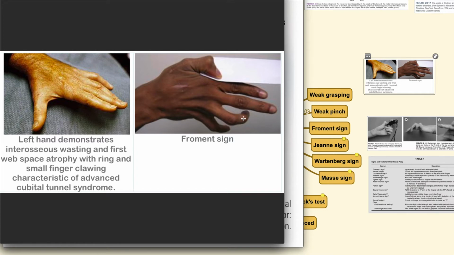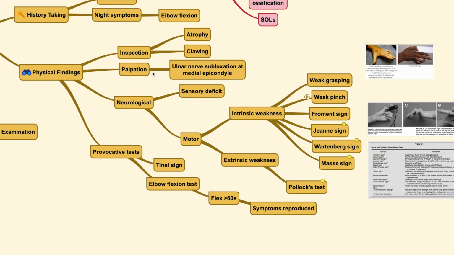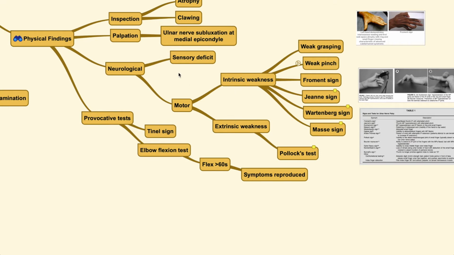You could see here that the finger forms a claw-like lesion. Next, you could also palpate to feel whether or not the ulnar nerve can subluxate at the medial epicondyle during various angles of elbow flexion. Neurologically, you could find disturbances of the ulnar nerve function, which include a sensory deficit and also a motoric